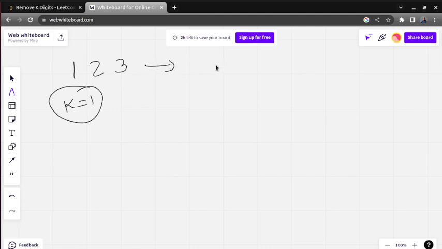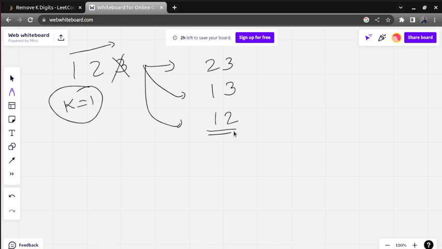Remove the first digit, it will be 23. Remove the second digit, it will be 13. Removing the last digit, it will be 12. So we got to know that if numbers are in increasing order, then we can remove the last element. It will give us the smallest one. I hope this is clear to you.